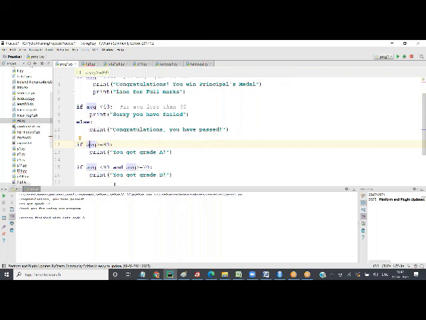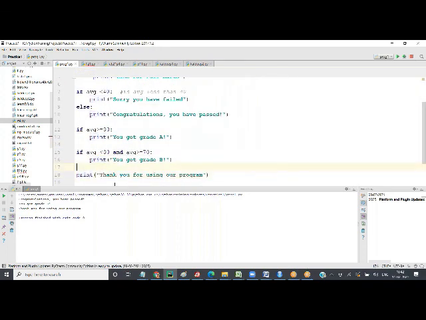If you have to check 5 conditions, A, B, C, D, and E grade, the first condition starts with if, the last condition will be else, and in between all the other conditions, you use elif. If, elif, else in our condition. I'm going to do that and show you.